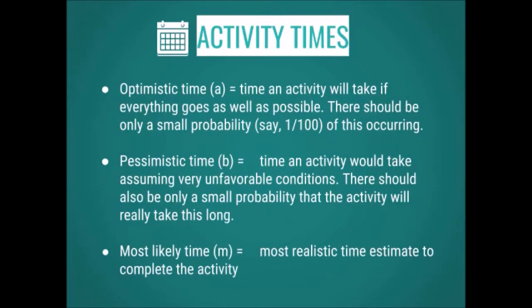Here are the 3 time estimates. First, we have the optimistic time. It is the time an activity will take if everything goes as well as possible. There should be only a small probability, say 1 out of 100, of this occurring. Next, we have the pessimistic time,